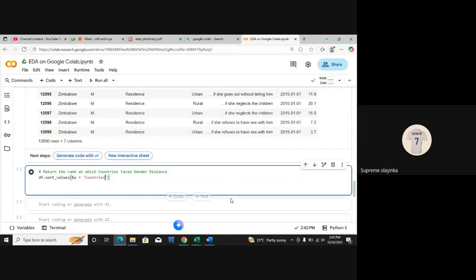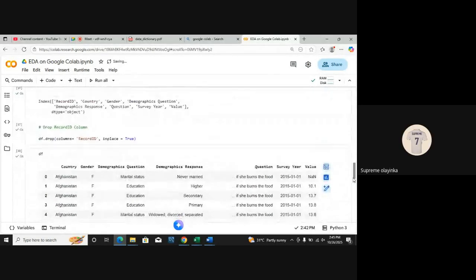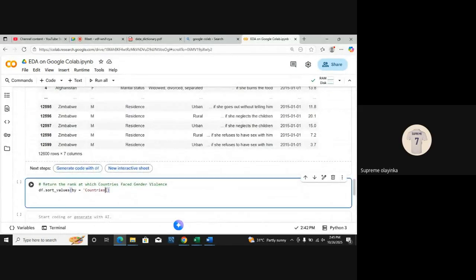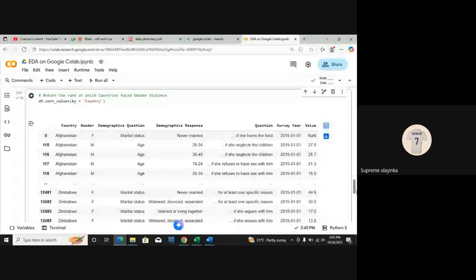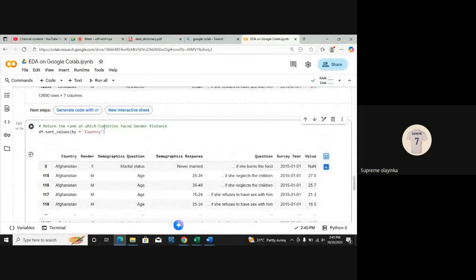I think I'm correct with this spelling. No, I think it's country. Okay, thank you. Because if I had written it like that, it would have returned an error. So now, because I want to know the rank, I want to set ascending equals to False.